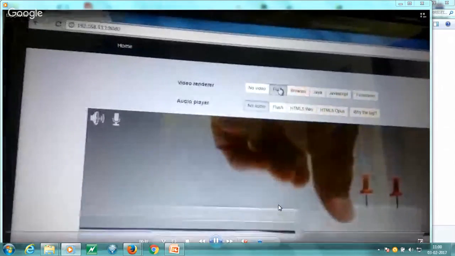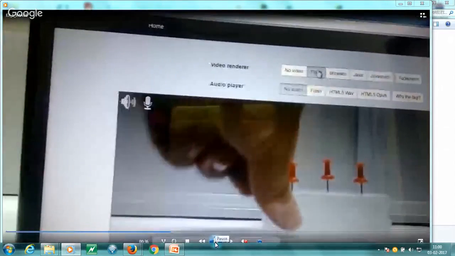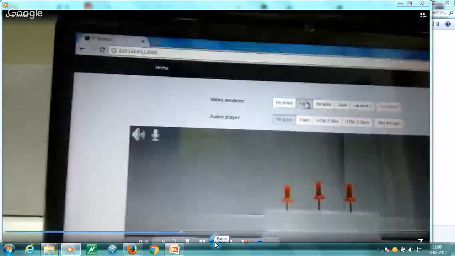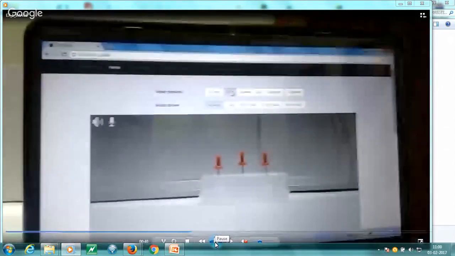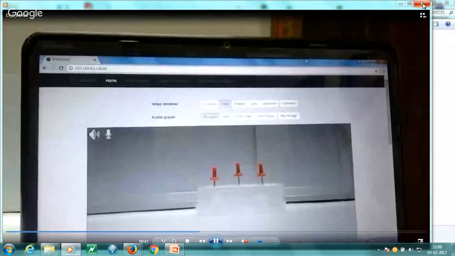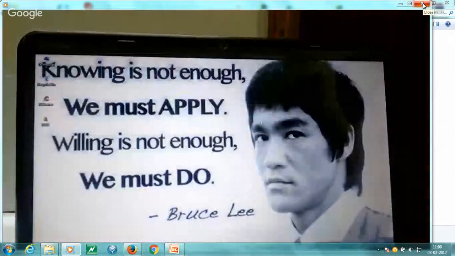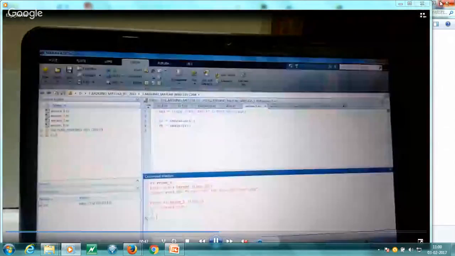You can see it is running, and the specialty of this one is that you do not need any type of internet connection. We are just going to use your hotspot connection over there. Okay, fine. So this is the experiment which we can do. Next,